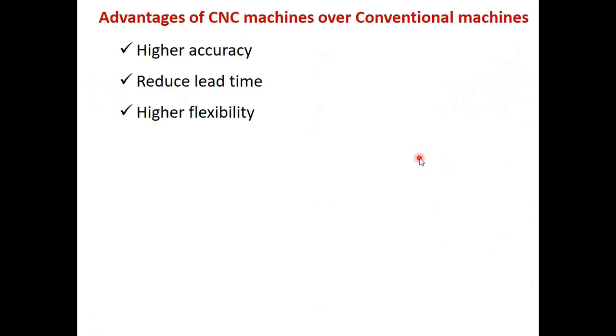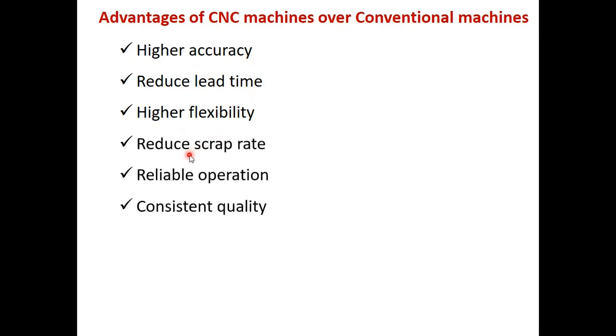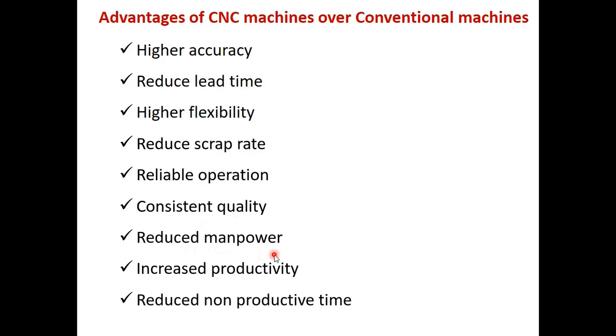So what are the advantages of using a CNC machine? One major thing is higher accuracy, reduced lead time, higher flexibility, reduced scrap rate, reliable operations, consistent quality, reduced manpower, increased productivity, and reduced non-productive time. So you can see here